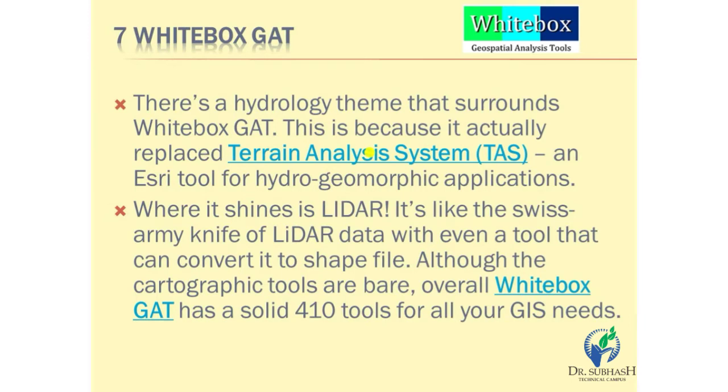Like if you want to find out the data of a catchment, and if you want to assign the stream order, how many stream orders are present, how many streams are present in that particular catchment, what their runoff characteristics are, what the soil characteristics are, that is also available in the ESRI tool. And it is also useful for processing LIDAR data.